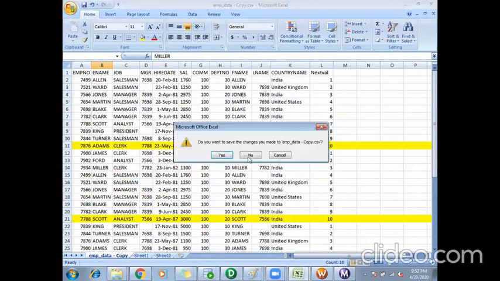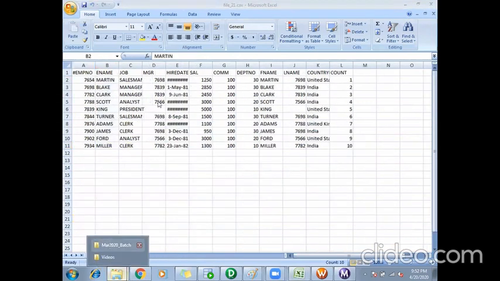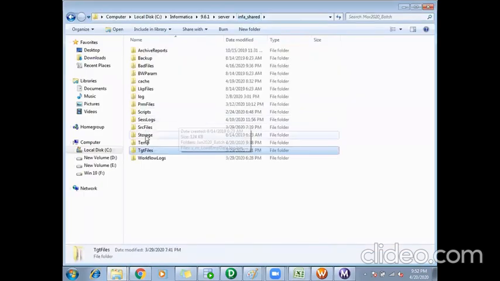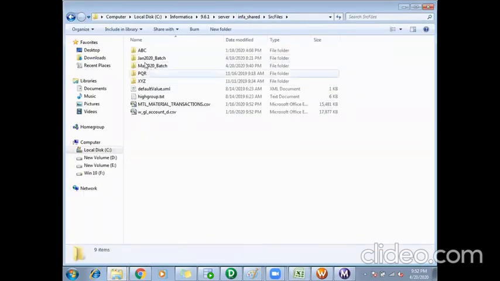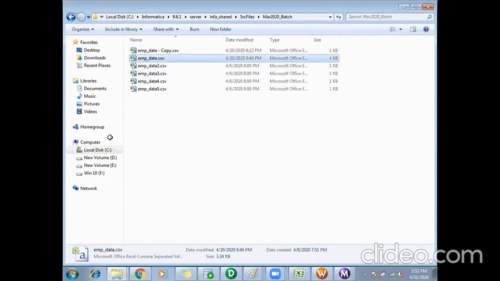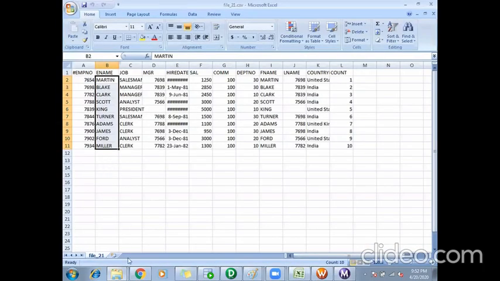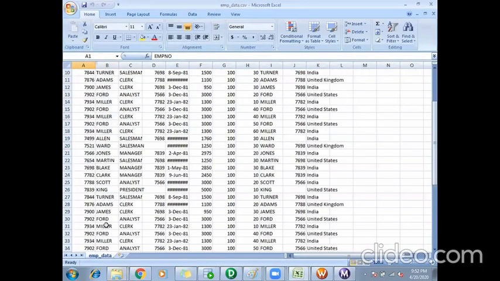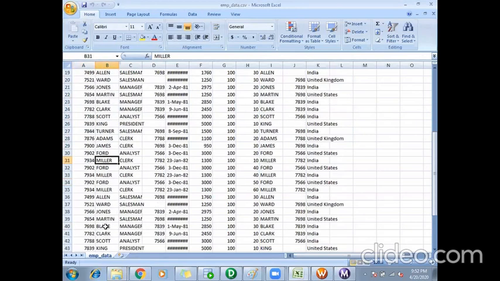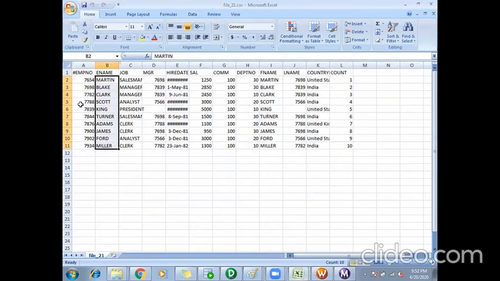I'll take my exact source file which I had taken to run this. So Miller to, okay, this is from 21 to 30.